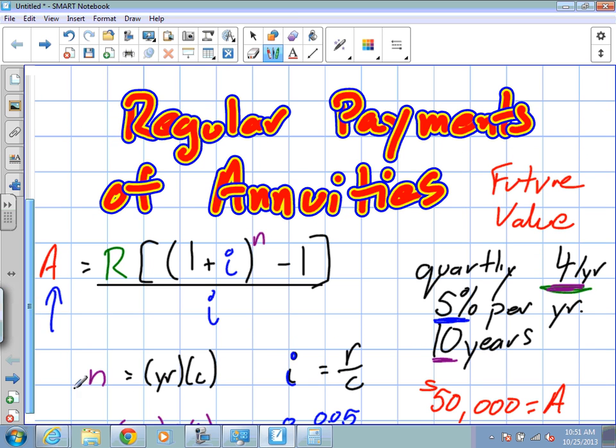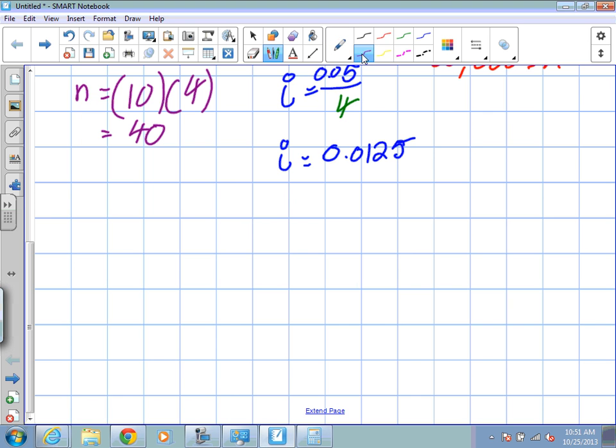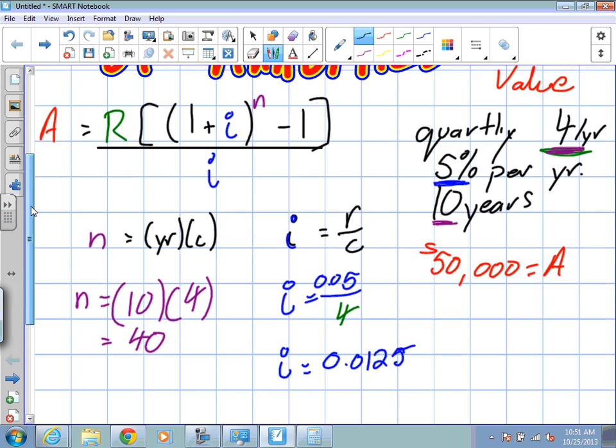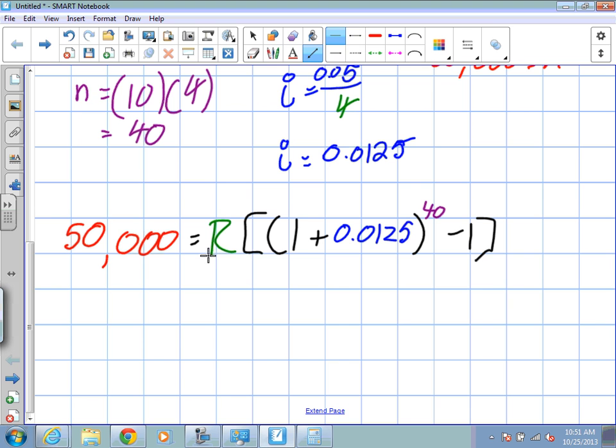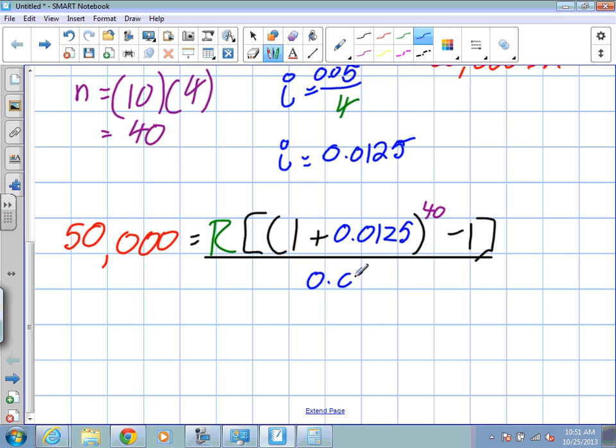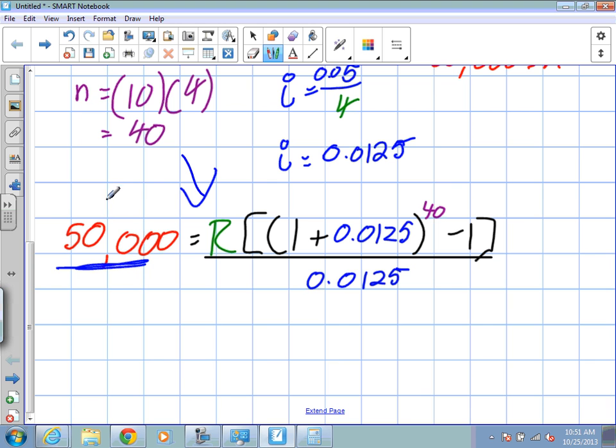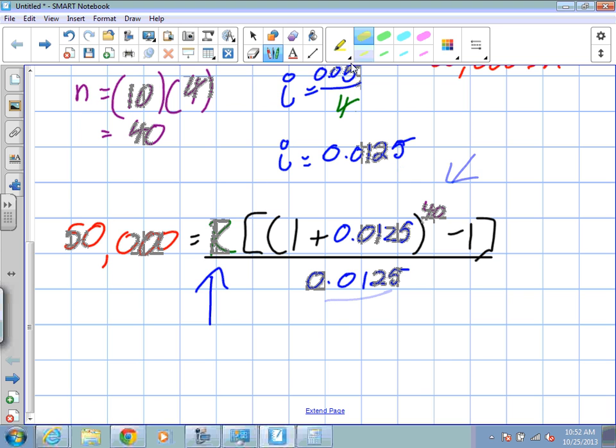So instead of rearranging the whole formula, we're going to isolate for R. Regular payments is what we're trying to figure out. So what we've done here is we've taken our future value formula. We plugged in 50,000 for the future value or the amount. We plugged in our I and our N. We need to solve for R. So we need to isolate for this letter R to figure out how many regular payments we need to put in. So in order to isolate, the first thing we're going to do is move over, because this is division, our